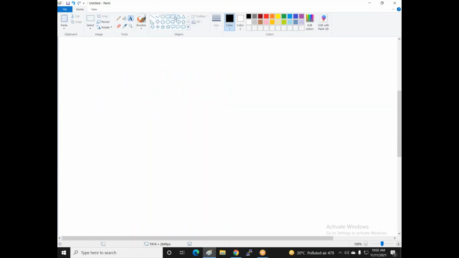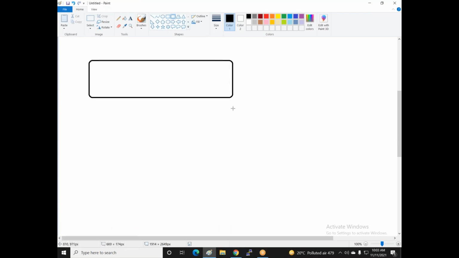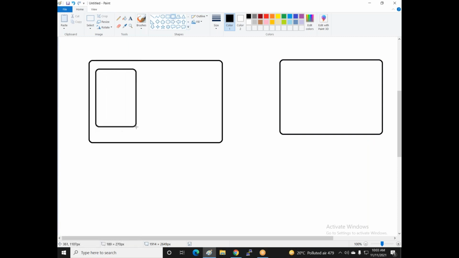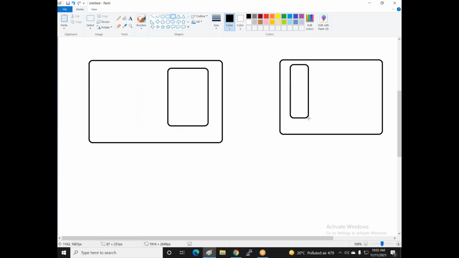Now the scenario is this: this is one region, and this is another region. In this region, I create two VNets. One VNet is called VNet one, and here I also create one more VNet, VNet two.